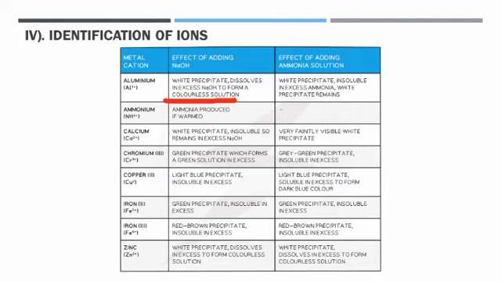And to further confirm it, I'm going to add ammonia solution to that substance, and then it will form a white precipitate. And when I add it in excess, the white precipitate is going to remain. It's not going to become a clear solution like it did when I added excess sodium hydroxide.